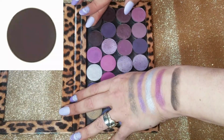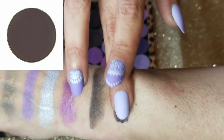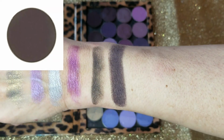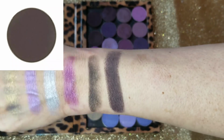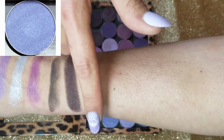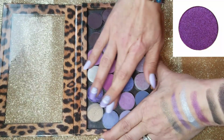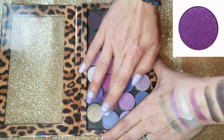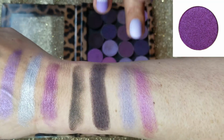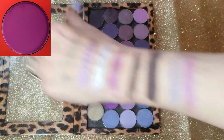Next up is a very dark plum, and this is Makeupgeek Taboo. To me, if you're building a kit, this is a must-have. We have Makeupgeek, and this is the shade Pop Culture. This is also Makeupgeek, and this is Masquerade. This is a shade 143 from Colourpop,